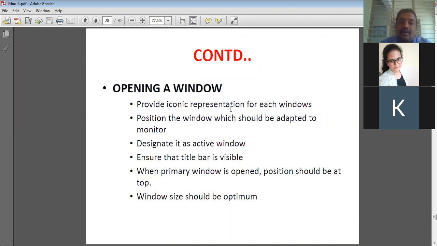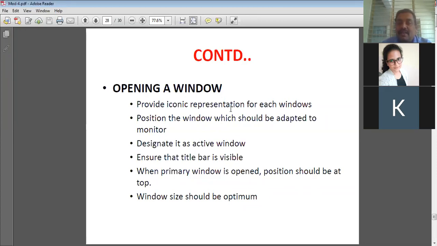Ensure that the title bar is visible. Whenever multiple windows have been opened, the title of the window should appear to the user. Next, when the primary window is opened, its position should be at the top. Assume there is one primary and multiple secondary windows.